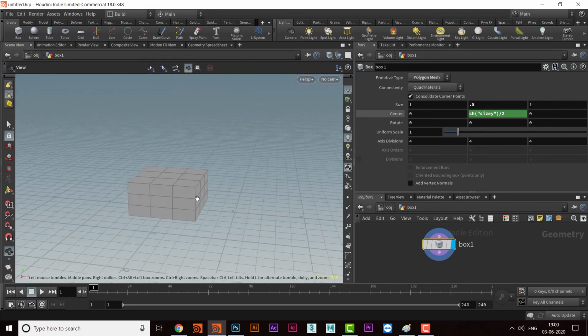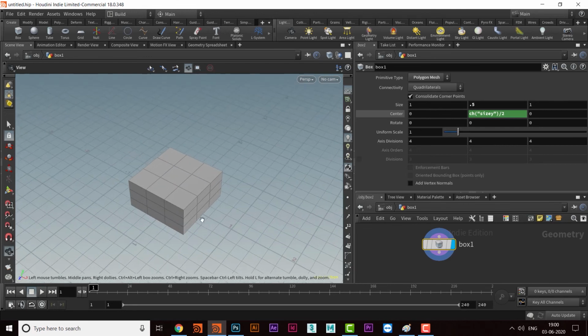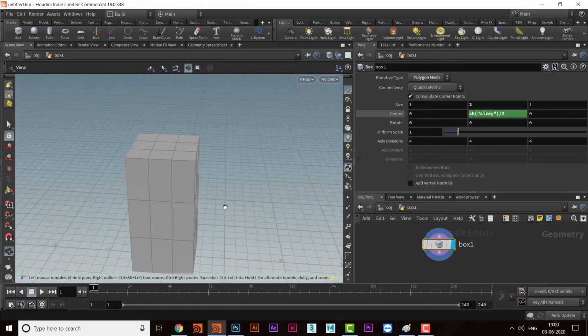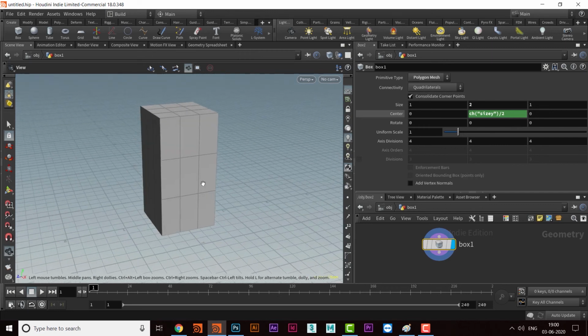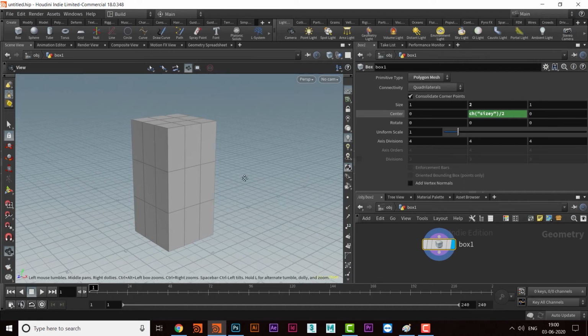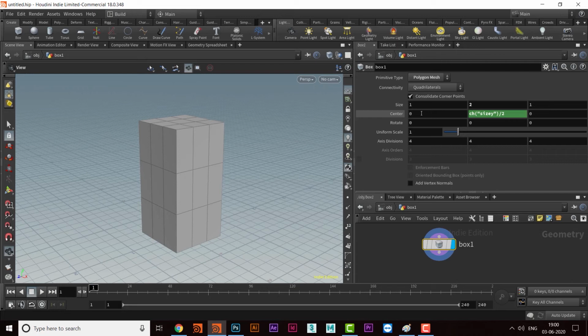Now the second thing is what? I will have to make it a box all the time. So if I make this 2, that means it is becoming a cuboid. I don't want a cuboid, I want a box all the time. That means whenever I am changing this value, all the values should change along with that. How am I going to do that? I will take the parameter from where I want to change it. I want to change the parameter from here, and I want to copy this value and paste it here, and then here. So I will change the value here, and it will get pasted here and here all the time whenever I change it. So I will come here,